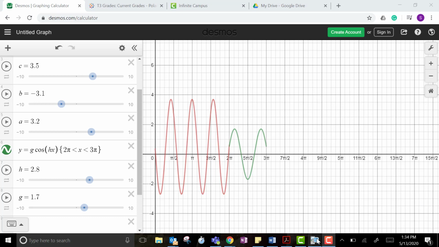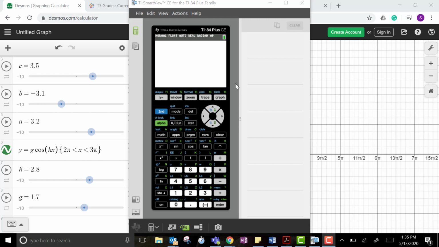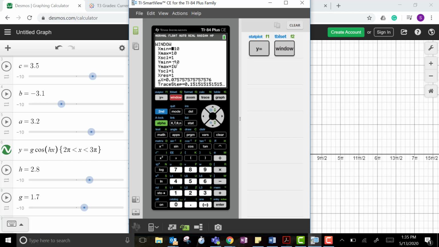Last thing we're going to check out is how we can do this on a graphing calculator. So on your calculator, what's important, and I know we've gone over this a little bit in previous videos, is that your window does need to be set to where it best matches your graph. So if I go here to window, let's change this in order to fit a trig function. Let's say my